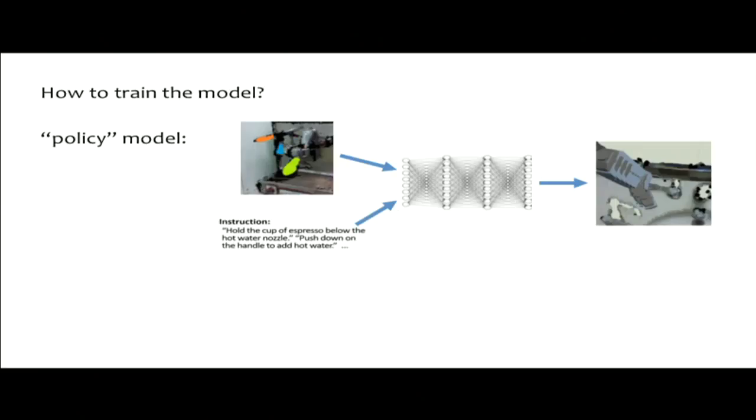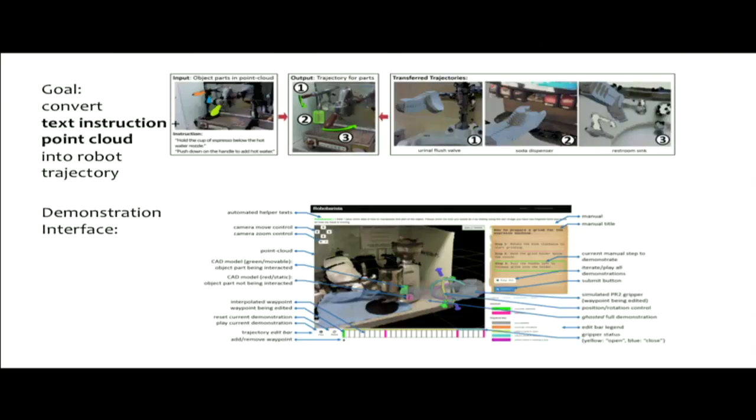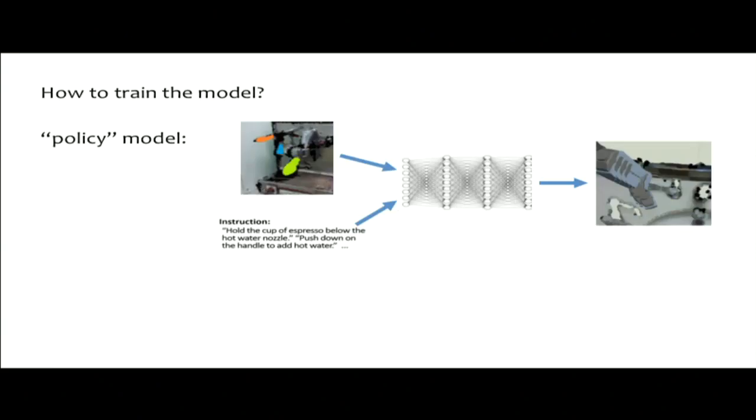Okay, so how would you train the model given some example? They have the data: an example of a point cloud, a text instruction, and a trajectory. So how would you actually train a model to be able to output trajectories given a new text instruction and a new point cloud? One way you could do it is using behavioral cloning, like we talked about a few lectures ago, where the input to the neural network would be the text instruction and the segmented point cloud, and the output would be the trajectory of how to perform the task.